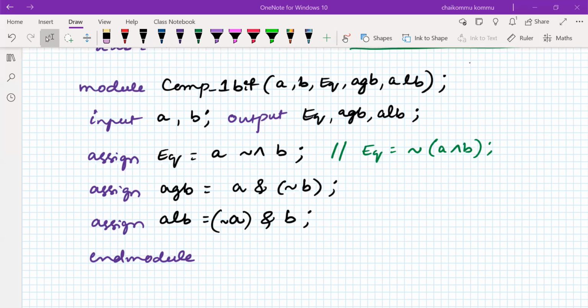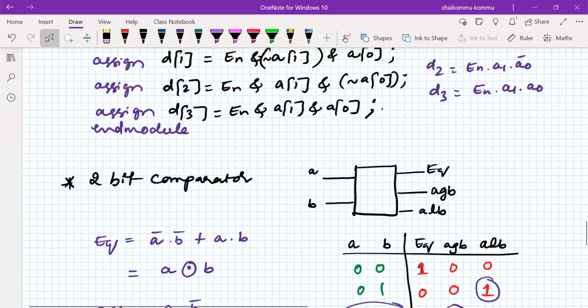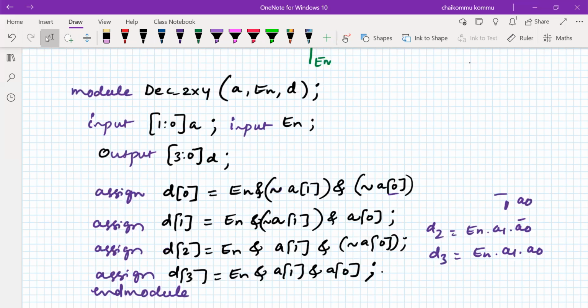So with this, we have completed data flow modeling, how to describe a circuit. If you know the equations, fine; if you don't know the equations, we have to develop them, and then write the mathematical equation. In the next class, we will see the different operators that we can use, with some examples. So far, we have seen the logical operators. Later, we will see the relational operators, and so many other things. Those things we will see in the next class.